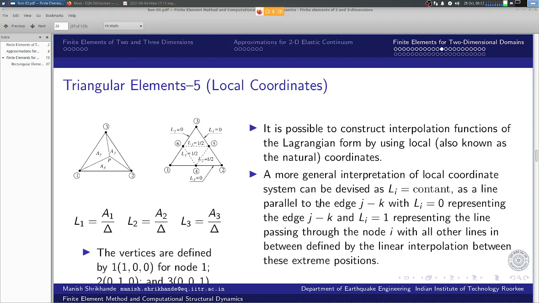Using these local coordinates, these are very easily done, and a similar analog using local coordinates is also available for the three-dimensional case, that is a four-noded tetrahedron for the linear model, and then with mid-side nodes on all edges, that will be the quadratic model for the tetrahedron, the higher order family.